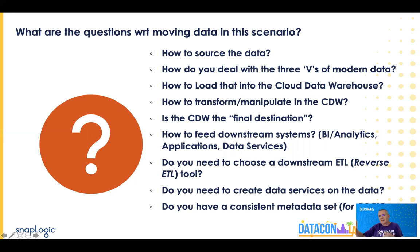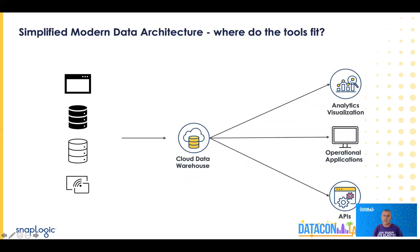And so are you going to need some downstream capability of moving data, downstream ETL or reverse ETL as it's often being referred to now, and creating those services on that data, having the metadata, so you actually know, having a catalog, for instance, so that your analytics users can actually understand where that data is and what's actually happening to it. So if we look at that in the context of the